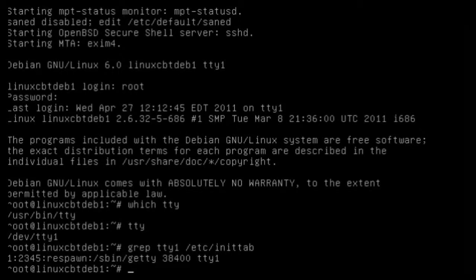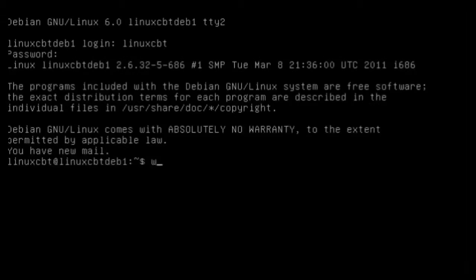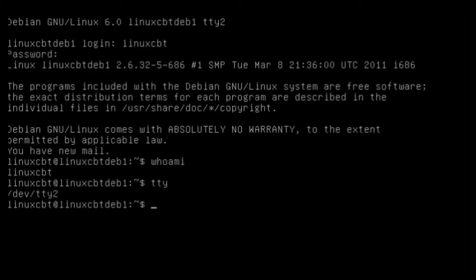Control-Alt F2. This is an independent tty for which we may log in as a different user, for example, the user Linux CBT. We're logged in as a non-privileged user, but we may also execute tty to show that we're connected to /dev/tty2. And by the way, to determine the number of users connected to your system at any time, there's a host of commands,